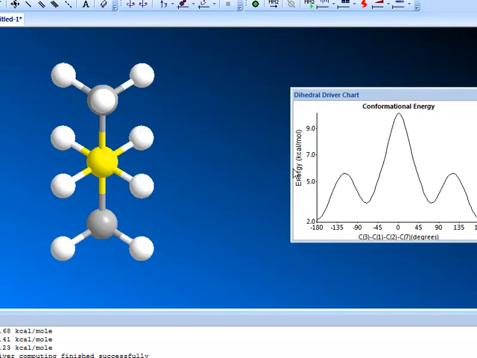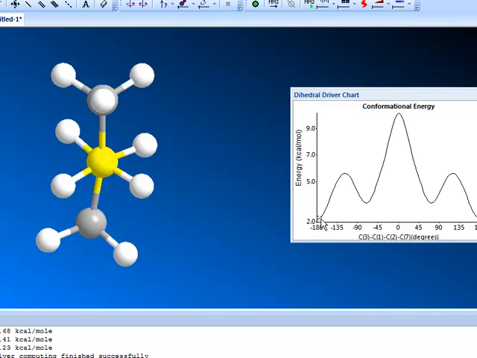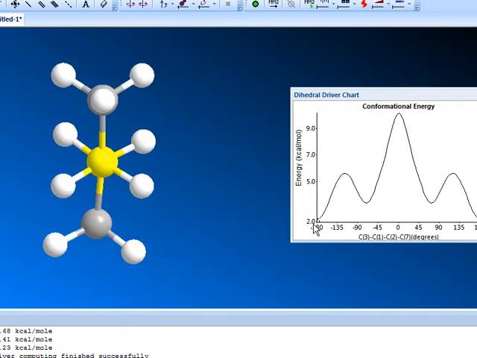We'll see rotation through 360. We find the same graph with the same maxima and minima, and now we can discuss the actual relationships between the methyl groups in terms of the Newman depictions. So at the bottom, we expect the lowest energy conformation to be that in which the two methyl groups are